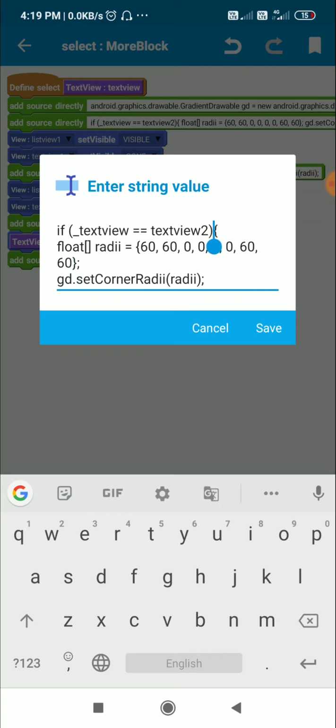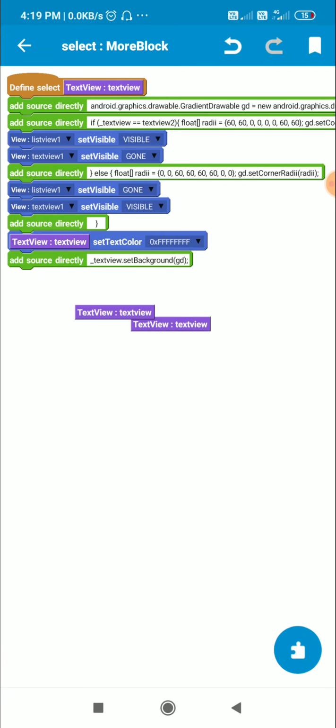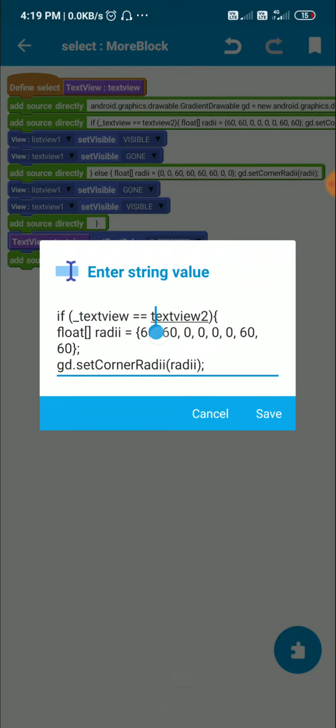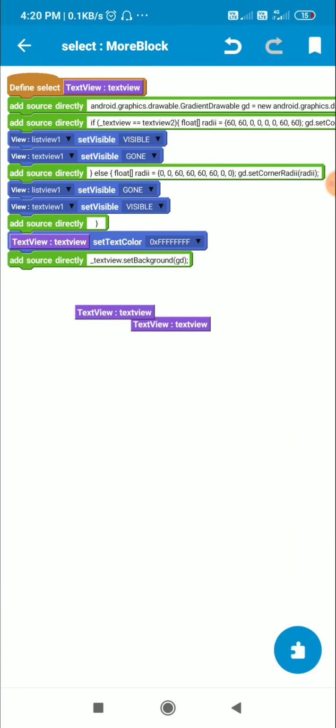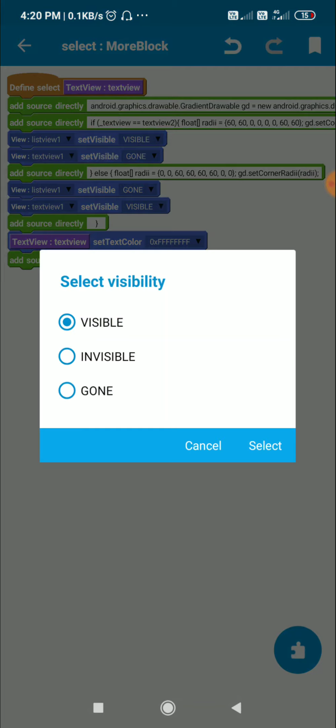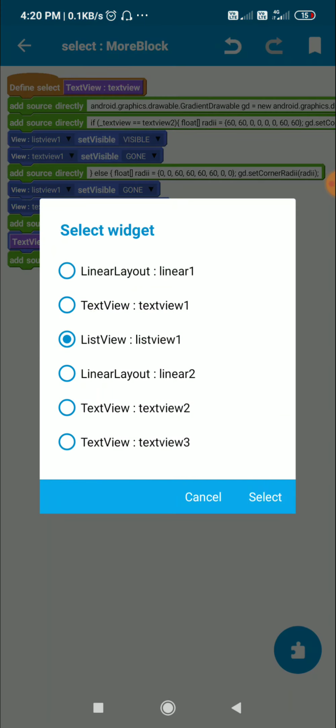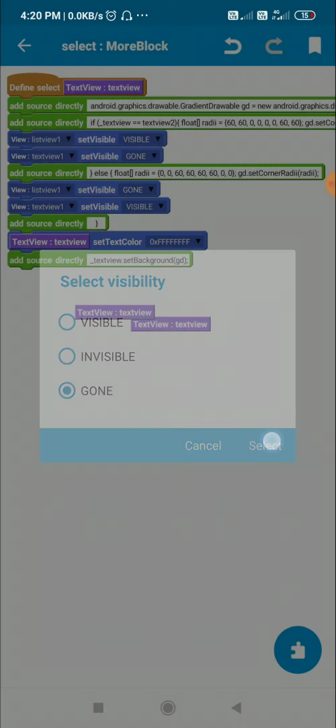So if text view 2 is selected, the left side will be rounded and the right side will not be rounded. I set the corner radii of this gradient drawable to this radii, GD dot setCornerRadii, and when text view equals text view 2, I make list view 1 visible and text view 1 gone.